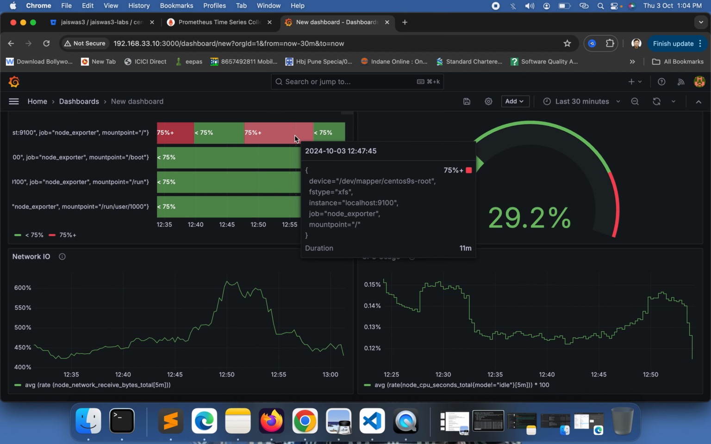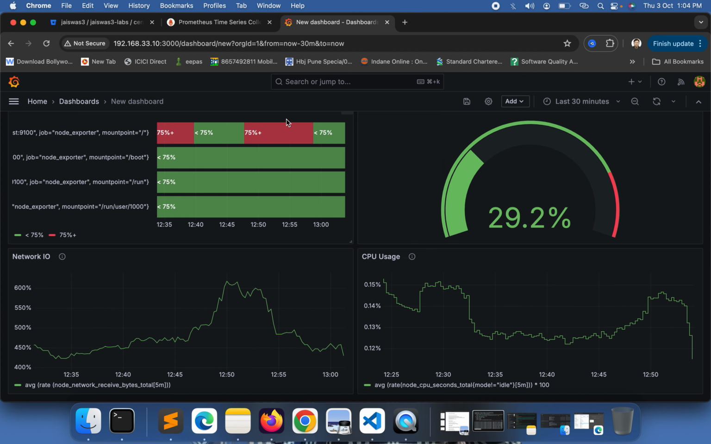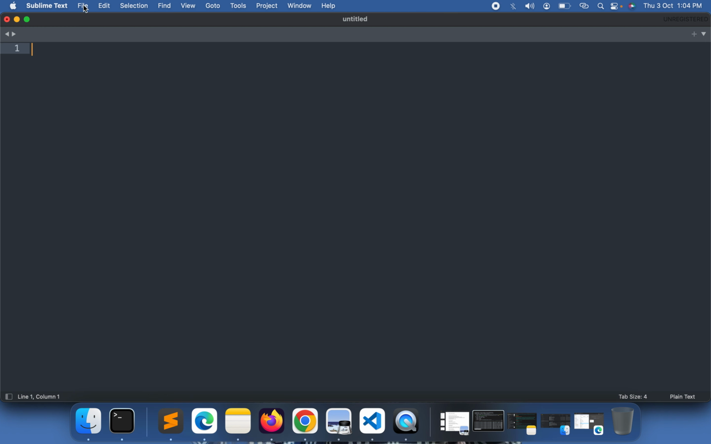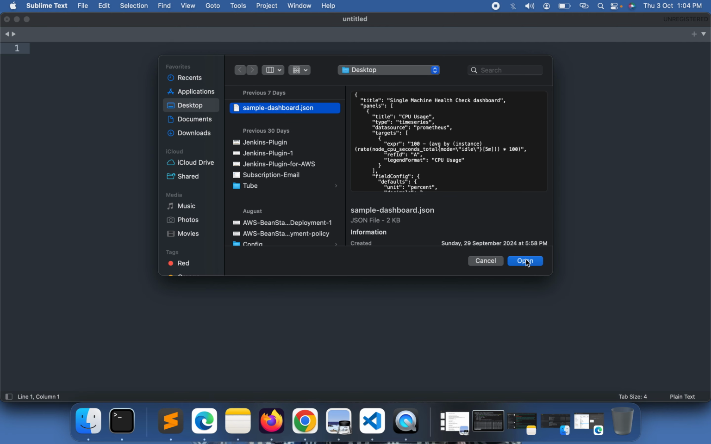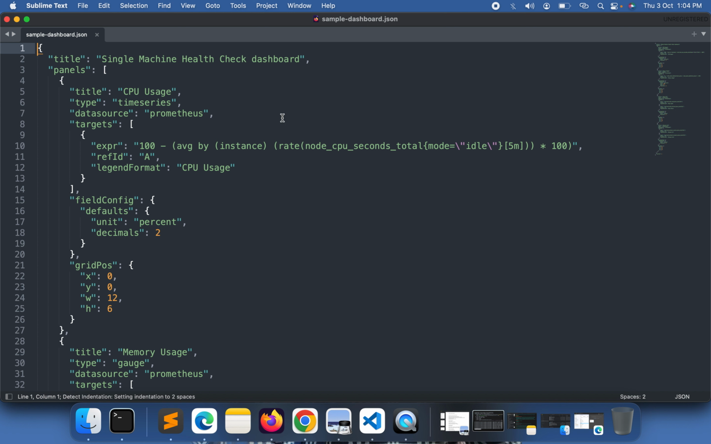Okay, so now I will show you how we can import our own chart, but for that we need to have one JSON file with us. So let me show you. Let me open. So this is my sample dashboard.json which I have created. Let me explain this to you. Again, we are using one title here for our dashboard, and in the panels section,